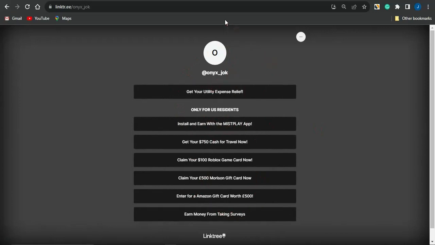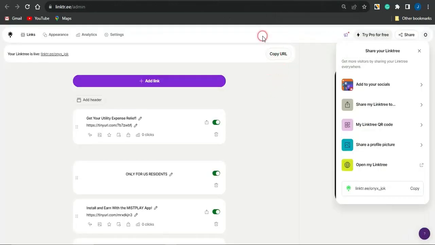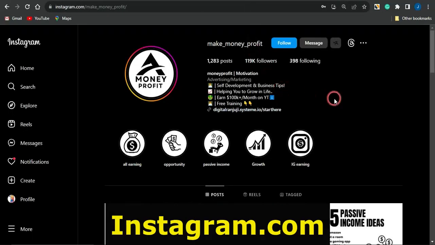And if they do complete that, you're going to get paid some cool affiliate commission doing so. So once you're actually done with that, guys, you want to just simply copy your Linktree link and head on to Instagram to go on to creating a cool Instagram account. And once you do create a cool Instagram account, you want to make sure your account actually has a cool banner, cool profile picture, cool profile name,